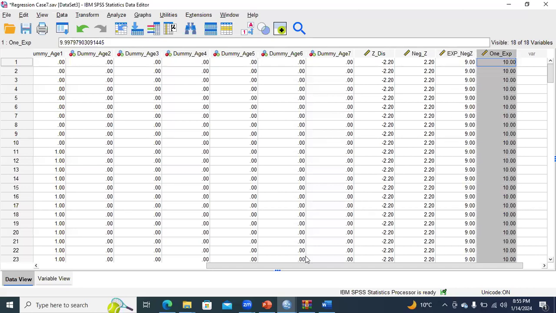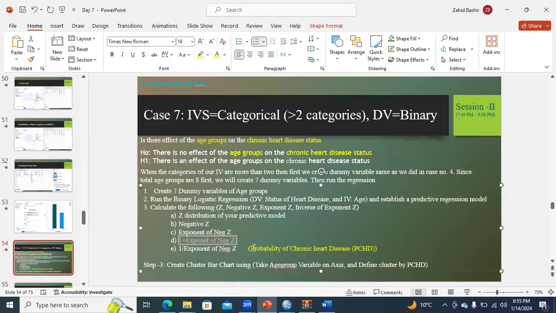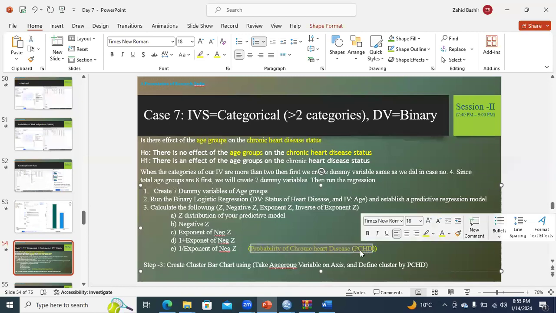And as a last step, we need to create the probability of chronic heart disease, that is PCHD,